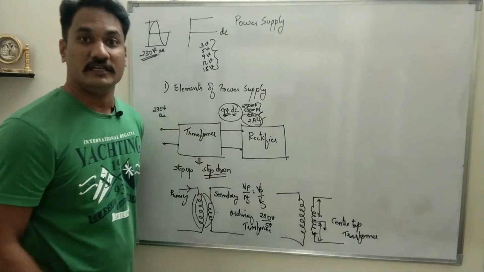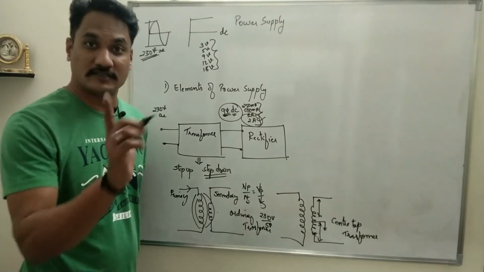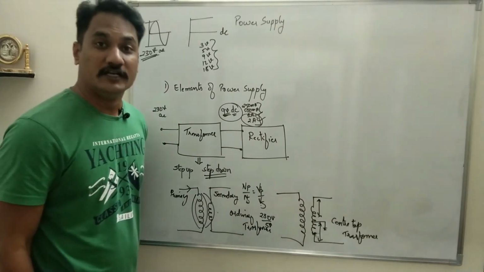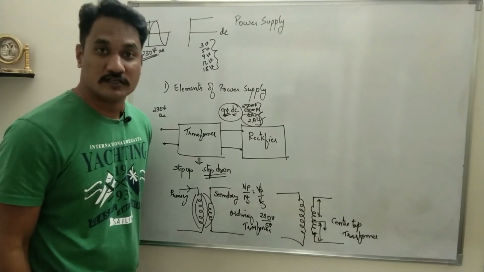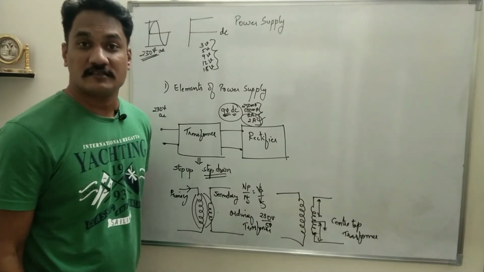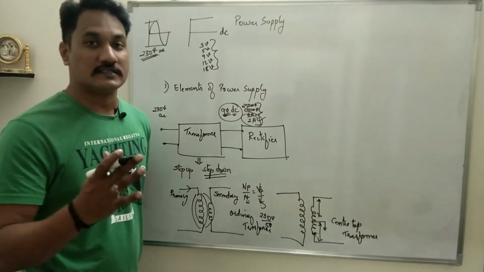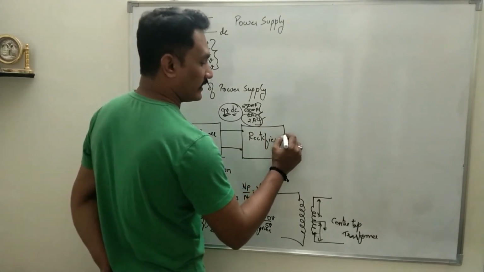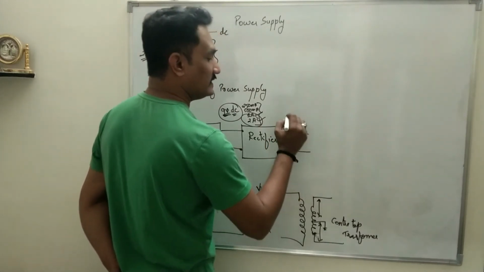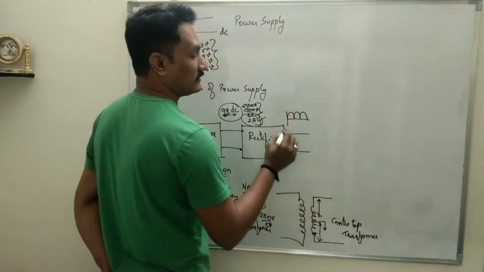This is where we need the understanding of the PN junction diode. That's why I gave you the introductory video to understand what exactly a PN junction is, what forward bias is, what reverse bias is, what the junction resistance is during forward bias, and during reverse bias. All these things you have to understand. So the rectifier converts AC into DC. The output of the rectifier will be like this.